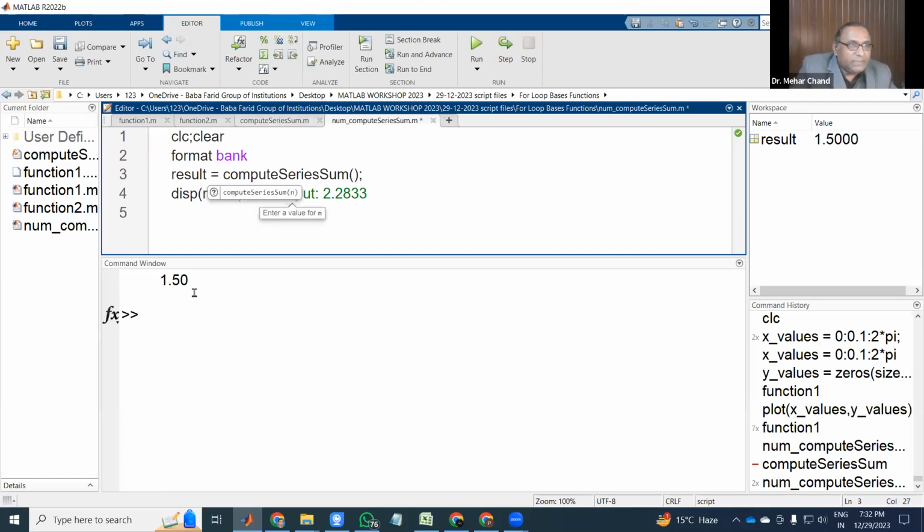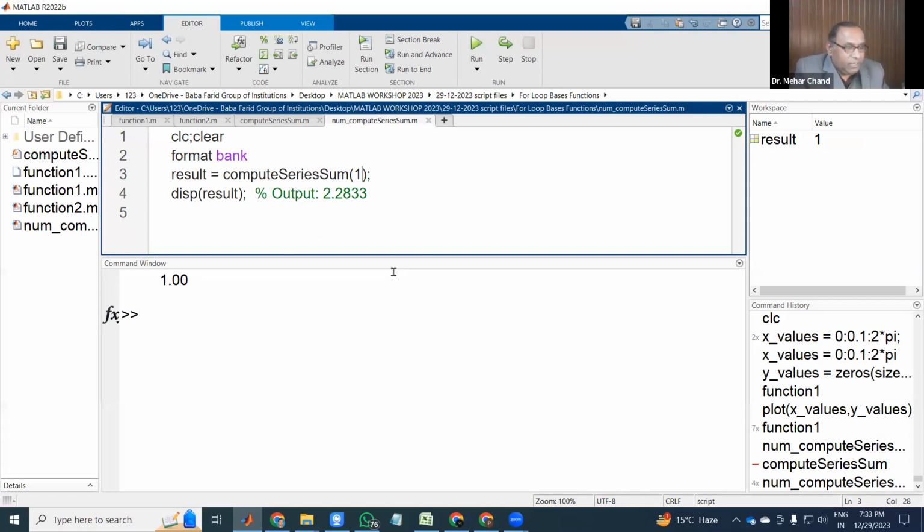If you are choosing 3, it means 1 plus 1 by 2 plus 1 by 3, and you can check it. Before using this type of function anywhere, first you need to check the known values, to see whether the program which you write is correct or not. And if it is verified for the known values, then you can use it for any value. So here you can see we check all these values. For 1 we have